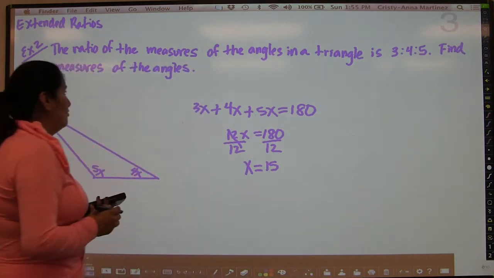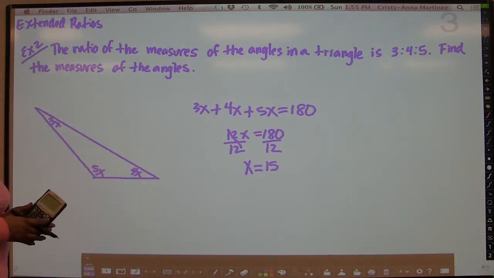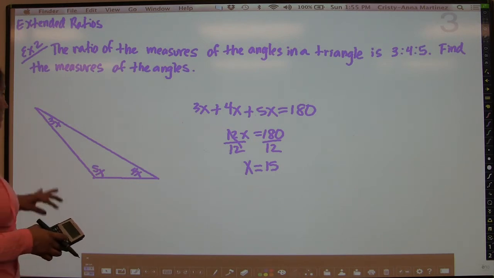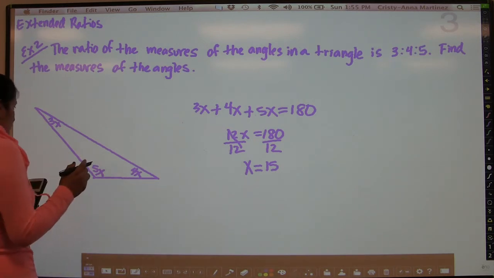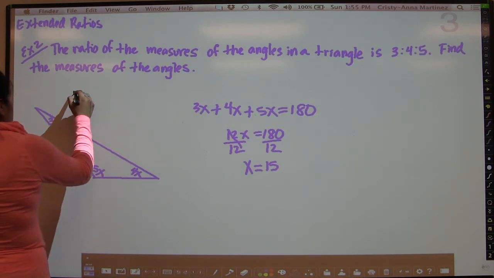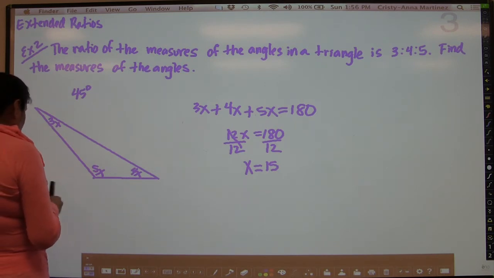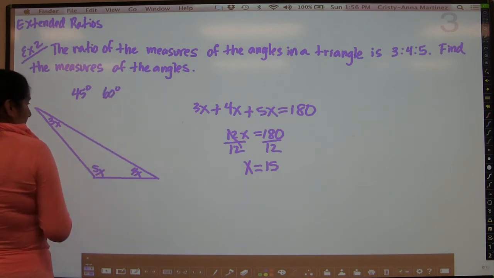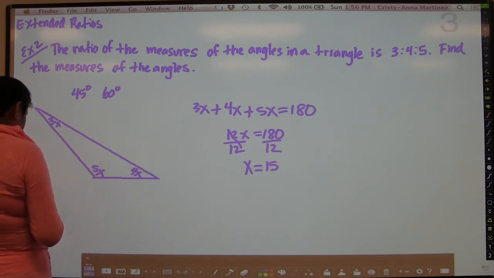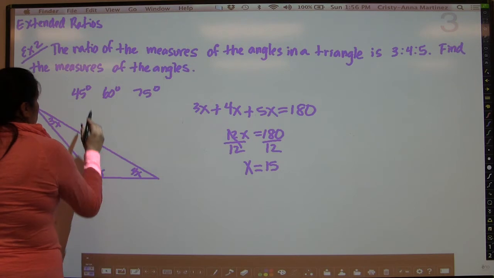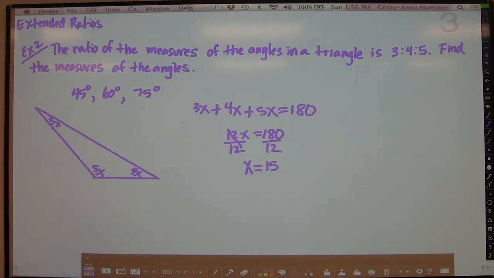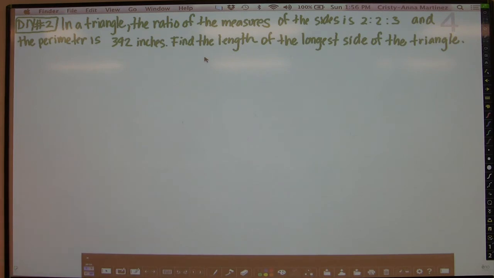And it says to find the measures of the angle. So even though we found the value of x, we still haven't found the actual angle measures. So now you want to find all three angle measures. So we're going to take 3 times 15, which is going to give you 45 degrees. So we have a 45 degree angle. We have 4 times 15, which is going to give us 60 degrees. And then we have 5 times 15, which is going to give us 75 degrees. So our three angle measures are 45, 60, and 75, and they all add up to 180, so that would make sense. All right, so now we're going to let you do this do-it-yourself question, and then we're going to talk about